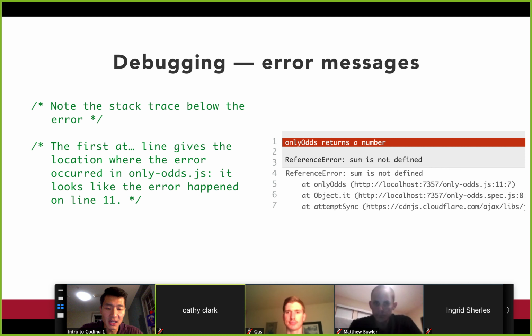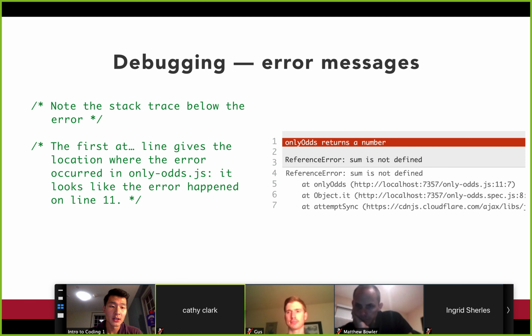So the lines at the very top are, quote unquote, the most recent. And so when we look at line 5 there, that is the most recent line of code that ran before we got to the error. And if you look at it, this might be a little bit hard for you to parse out right now, but for now, just take it for granted that we're going to skip past the localhost 73557 backslash. And notice how after the backslash, there's this file called onlyodds.js, followed by a colon, followed